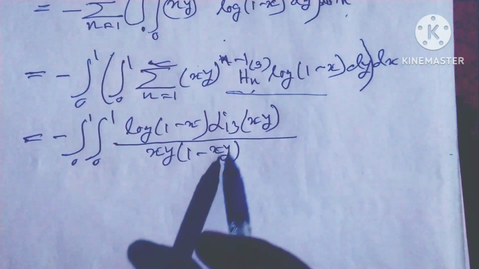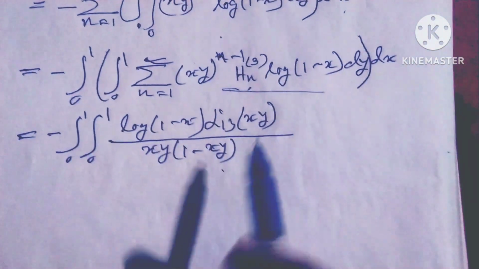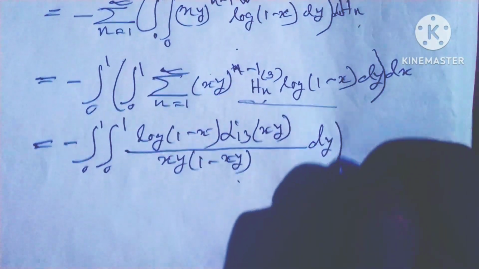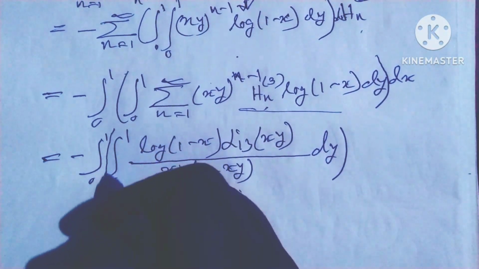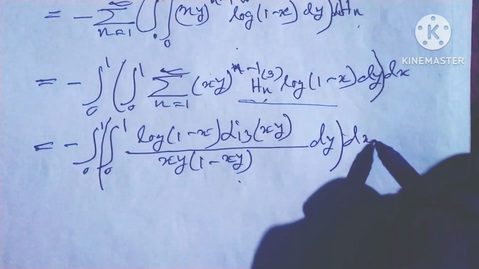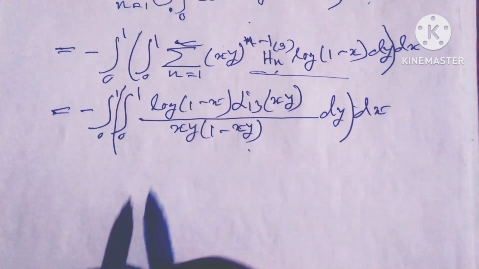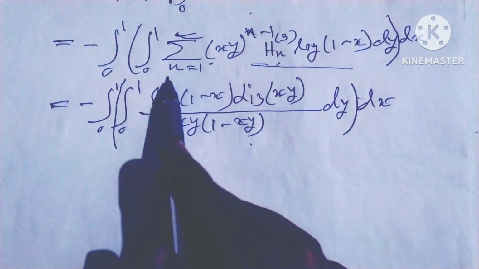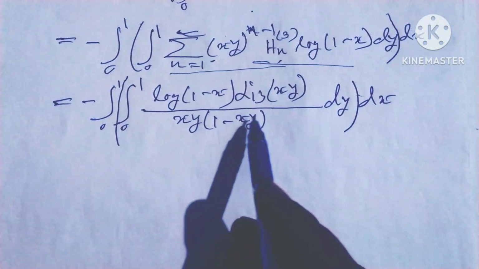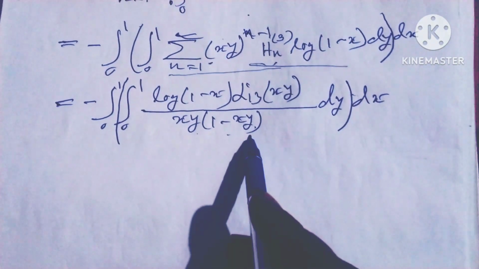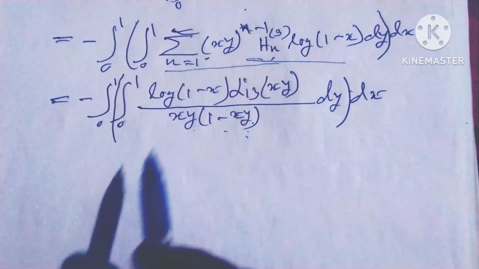This identity can be written as this identity, and multiplied with dy and with dx. Friends, because of this identity, these multiplications can be written as Li3(xy) times (xy minus 1) minus xy. H_n cubed,